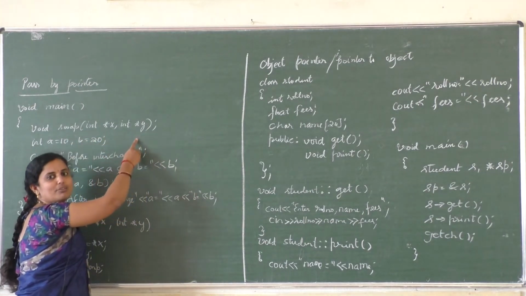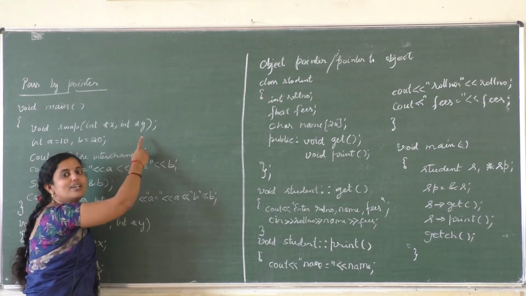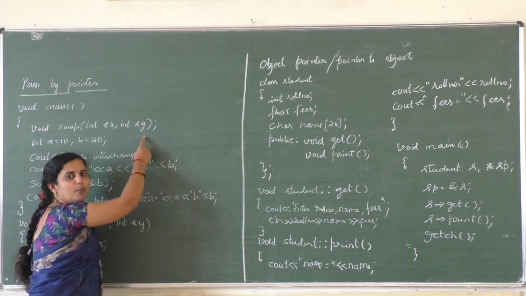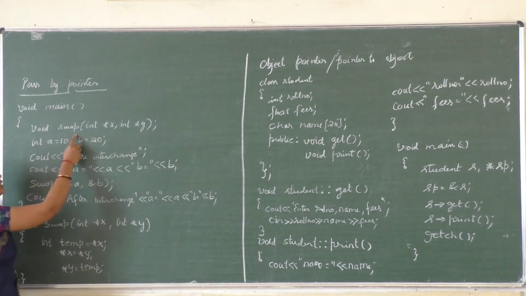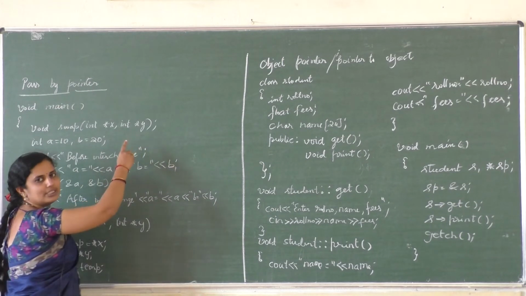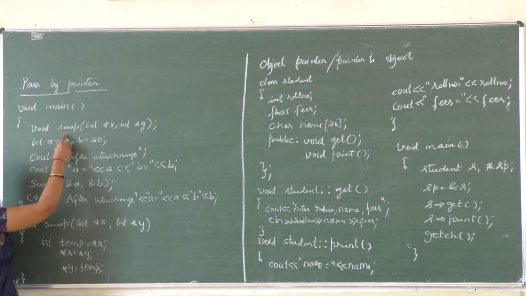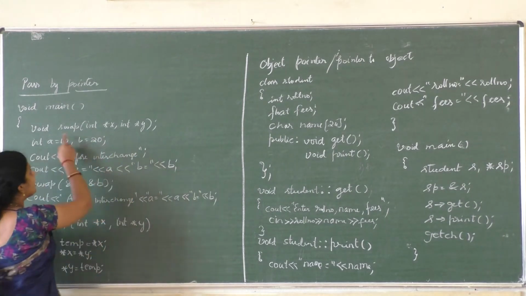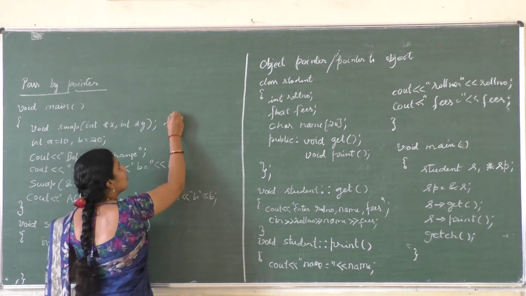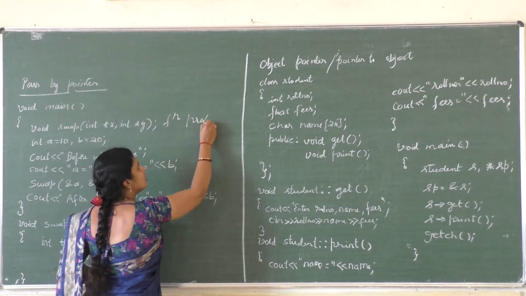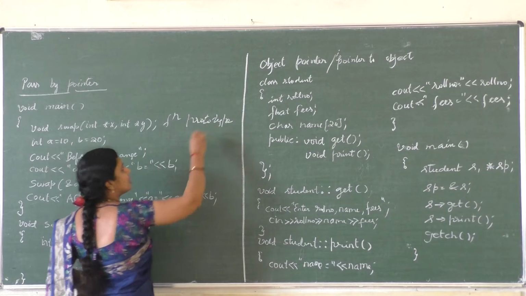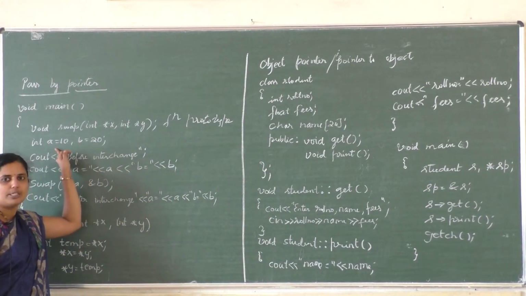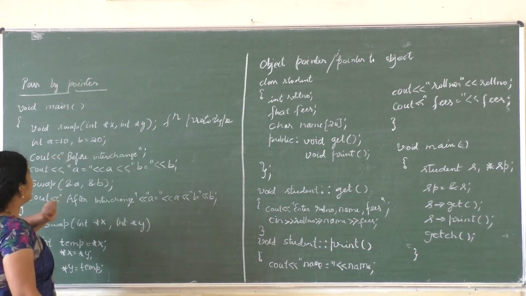These are the concepts we studied in the previous class, that is, a function prototype. First, what I have written here is a function prototype, void swap(int *x, int *y). Here swap is a user defined function that I have declared, and that declaration is known as the function prototype, declaring the function. Next, I have considered two variables a and b. a is equal to 10 and b is equal to 20.